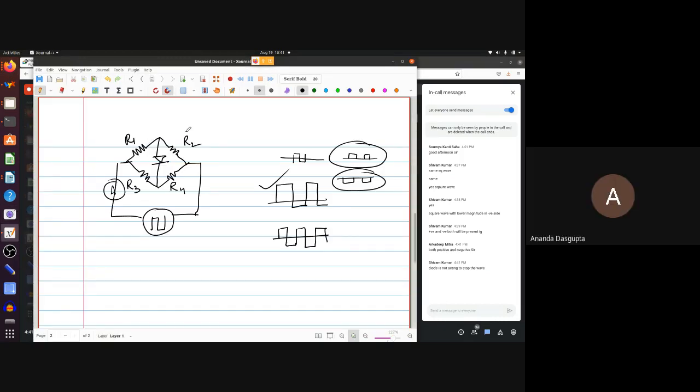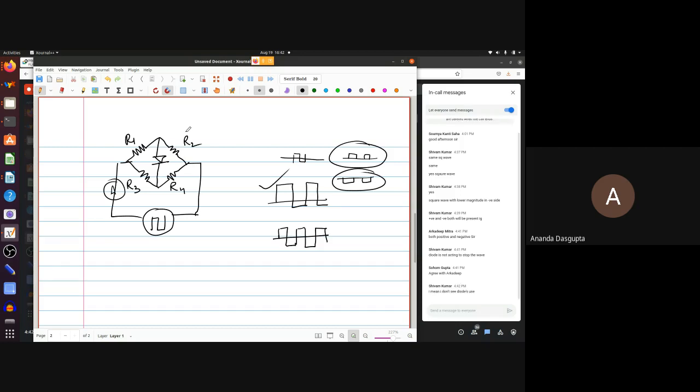Good. If the Wheatstone bridge were balanced, then of course the presence of the diode would make no difference whatsoever, right? Because the diode will not get any current either way. So if the bridge were balanced, since no current flows to the bridge arm, whether the arm is connected or not makes no difference. So whether the diode is conducting or not makes absolutely no difference. So done. This part would not make a difference provided you're talking about a balanced Wheatstone bridge.